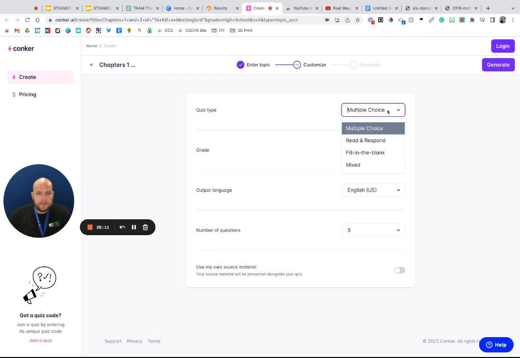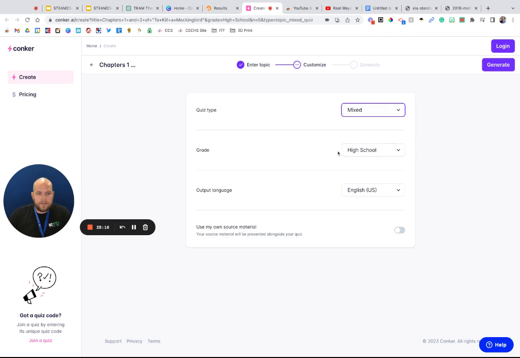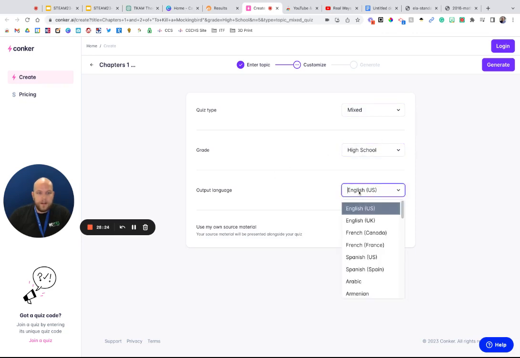If I wanted to make this read and respond, fill in the blank, or mix, let's go mix with this one. We can go high school, all the way down to kindergarten, and as far up as college or higher education. And we can also change the language. So if we wanted to make a version for Spanish speaking students, or other languages, you have that option there.